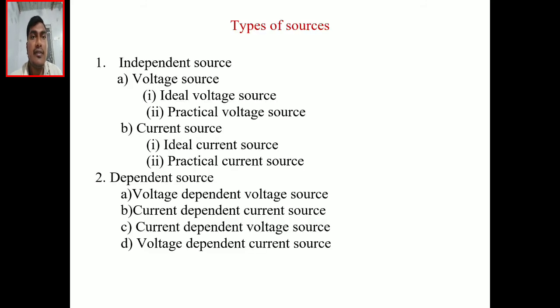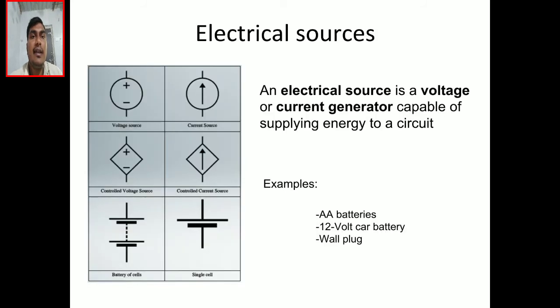Now we will discuss types of sources, a most important concept, because I already discussed the types of systems in electric field. There are AC and DC supply systems. Those systems generate the sources: in an AC supply system we have an AC source, and in a DC supply system we have a DC source. What are the types of sources? I will discuss that here.